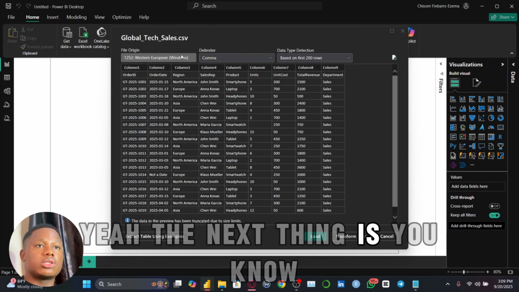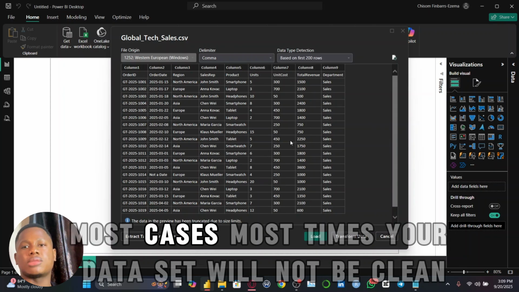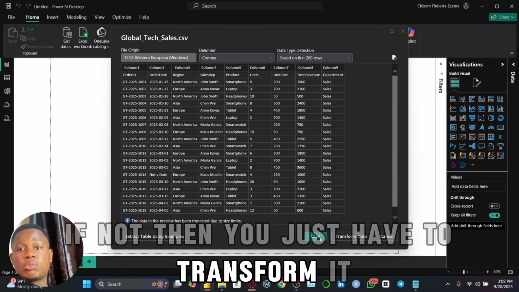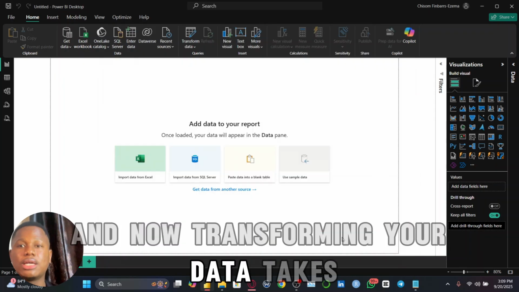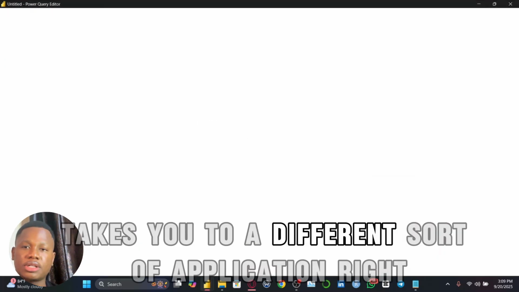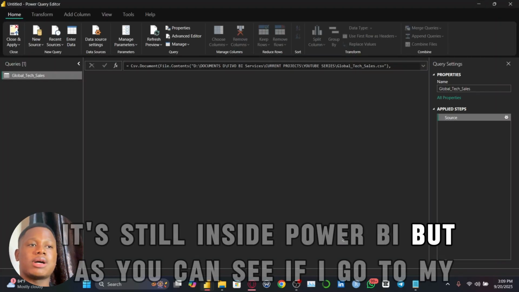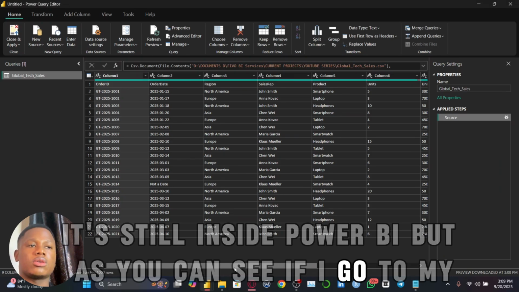The next thing is, most times your data sets will not be clean. If it's clean, you can go ahead and load it to the Power BI interface. If not, then you just have to transform it. Transforming your data takes you to a different sort of application, right? It's still inside Power BI, but as you can see, if I go to my